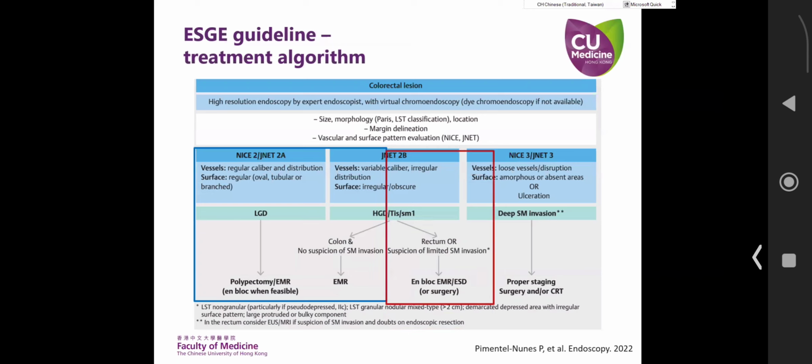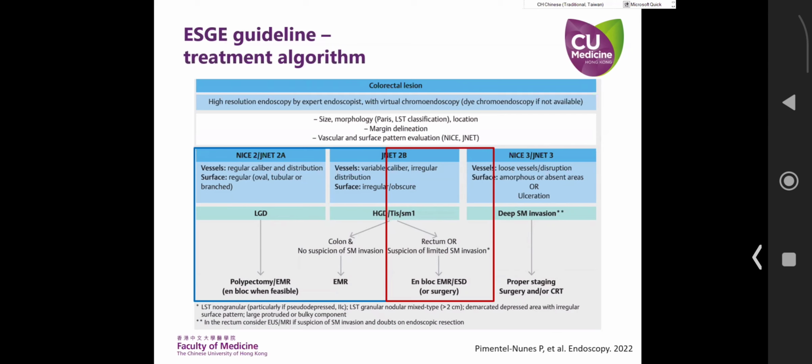However, if the lesion is thought to be a higher-grade lesion, JNET 2B, or even after chromo staining you determine this is more like an early invasive cancer, then don't go for piecemeal resection. These lesions must be removed en bloc. If the size is small enough, within a snare size, you can still think about an en bloc EMR. But if the size exceeds,